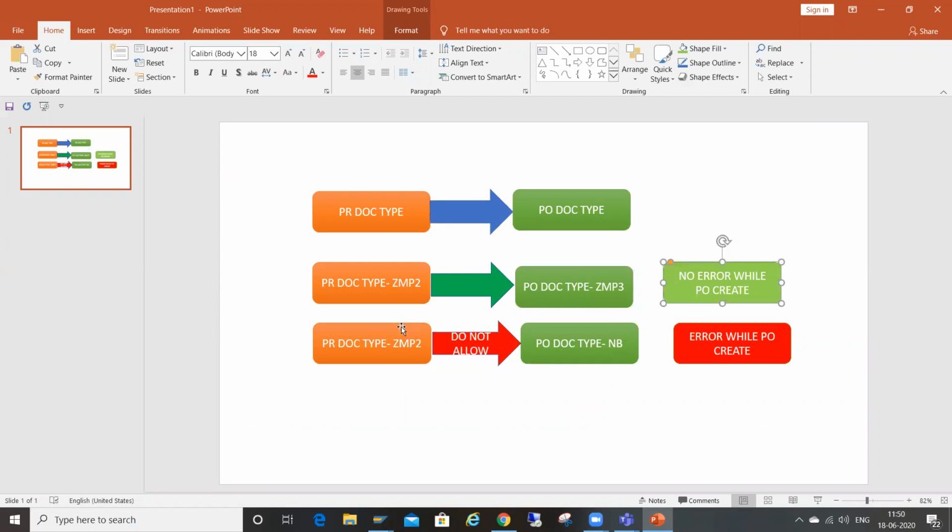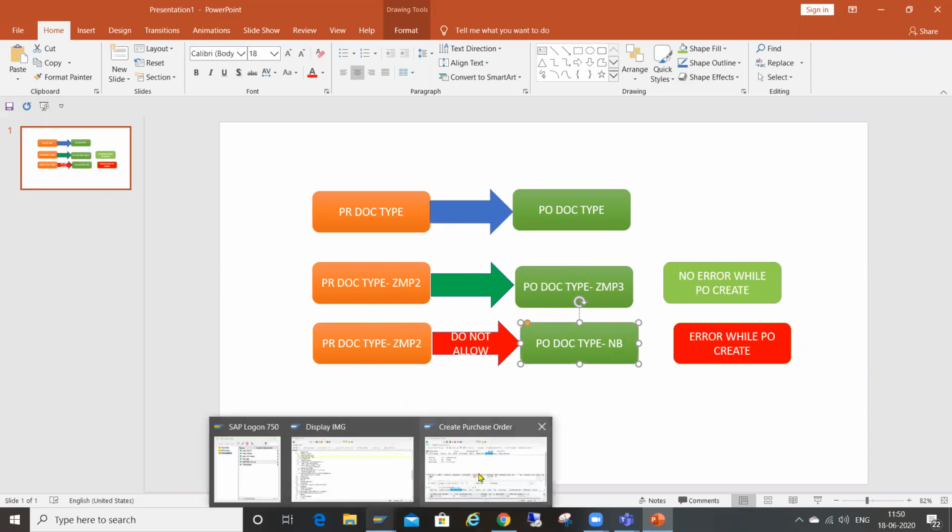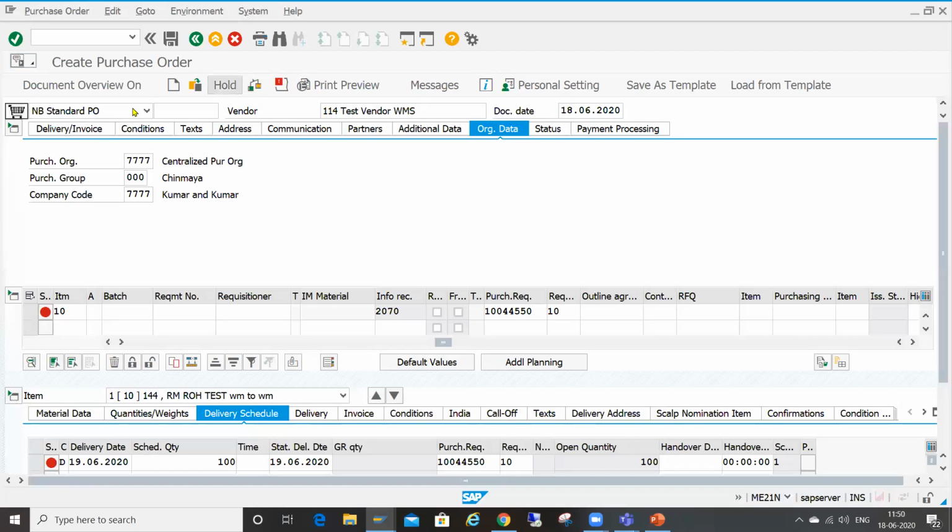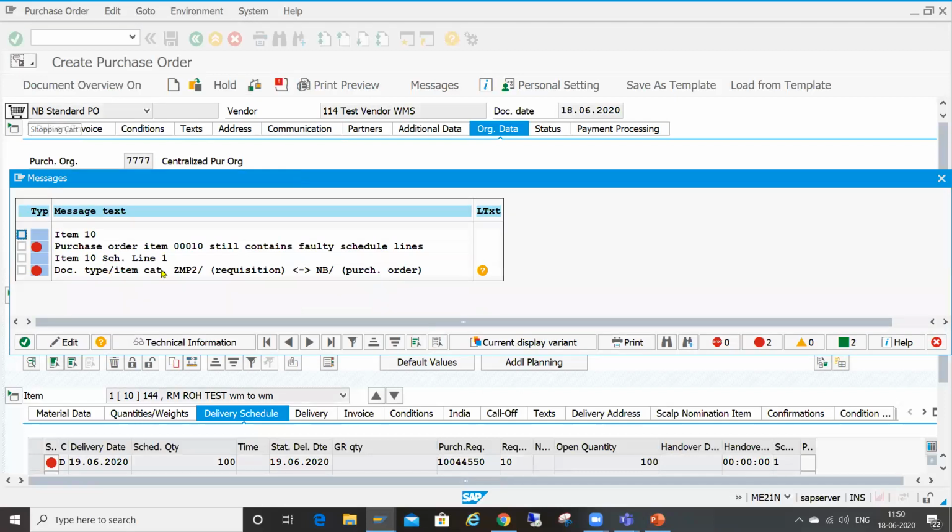The system will not allow creating a PO with the NB document type. Okay, this is the failure case. System is not allowing. So you can see here, system will trigger error if you use NB document type for a PR created with ZMP2 document type.